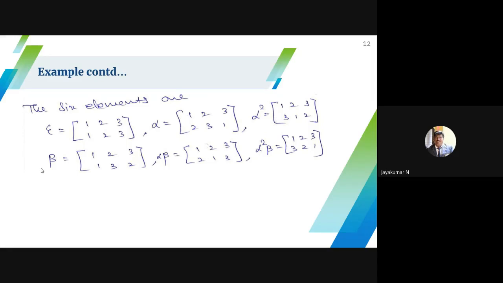Throughout this problem, for the composition of functions I use right to left. So clearly you can observe, alpha permutation first, beta permutation second, then it becomes alpha beta. Alpha square permutation first, beta permutation second, then the resultant is alpha square beta. If we choose beta first, alpha second, which is not equal to alpha beta, that is beta alpha, definitely beta alpha represents one of the remaining permutations. Is it clear?